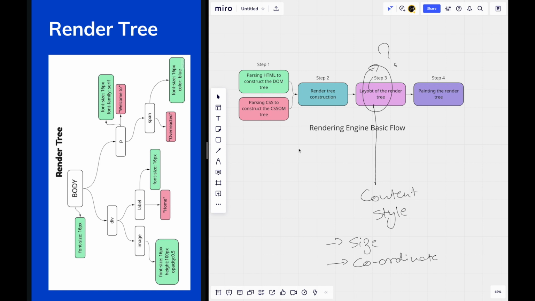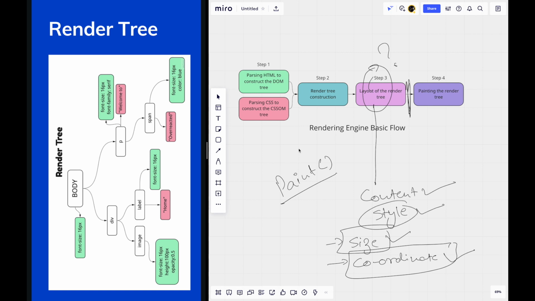So after the completion of the third step of my render engine, we have content, we have style, we have size and coordinate on the screen for each of the elements. Now we just have to call the paint action. So there is a paint method in our engine which paints the complete UI on the screen. So at the exact coordinate, at the exact size, with appropriate style, the content is painted on my screen, and this is done by the paint method.